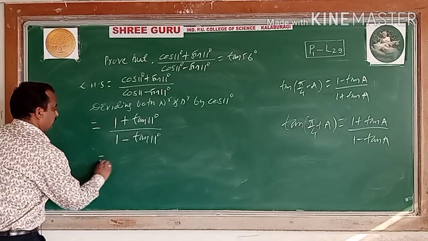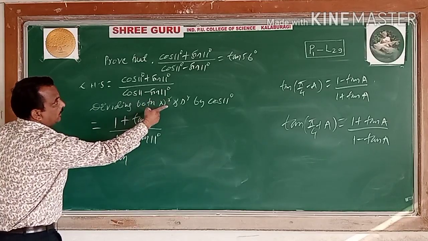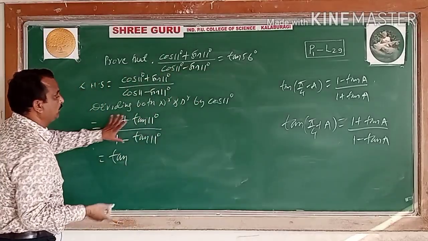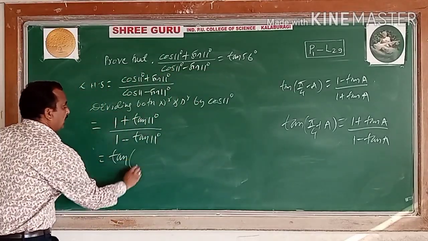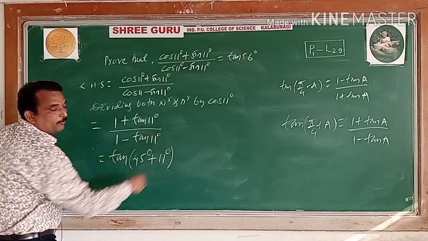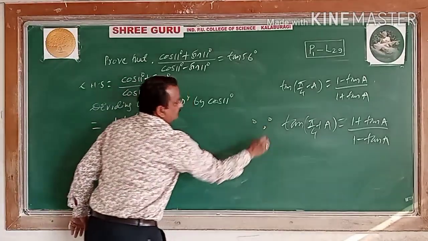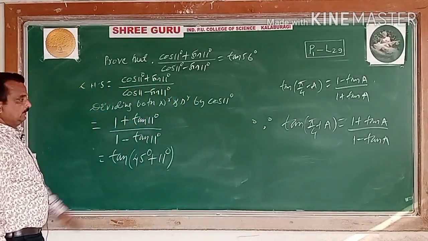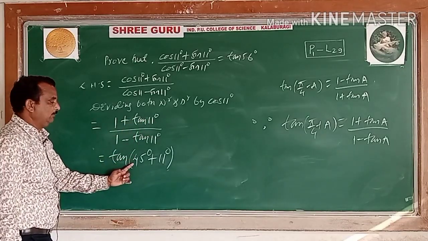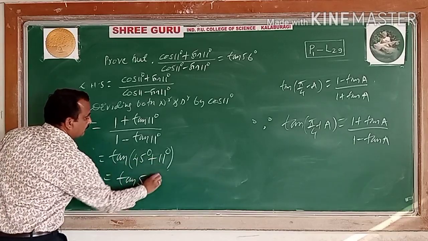Because we divided by cos 11, you require the expression in terms of tan here. Since we have taken cos out of the denominator, it becomes tan. So it becomes tan of 45 plus 11 degree; pi by 4 plus a, where a is 11 degree. See this one, student, the previous example. That RHS, LHS form I have taken. 45 plus 11 degree. So how much does it become? Tan of 45 plus 11, that is 56 degree.